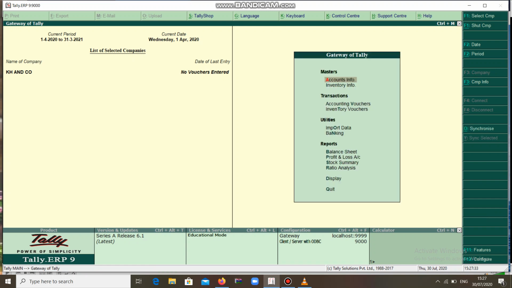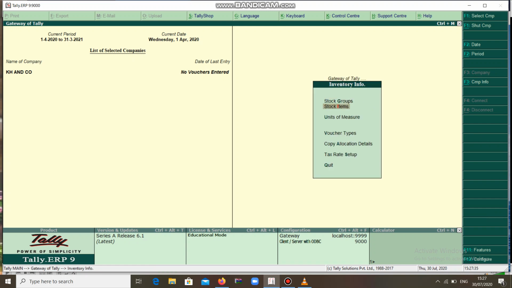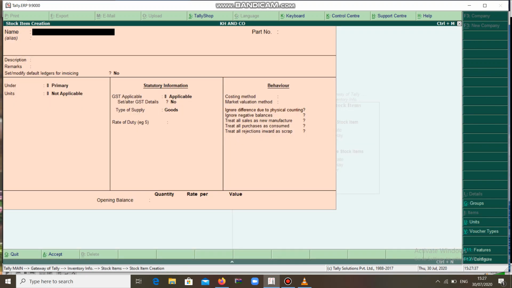In that we have to create the stock items. Inventory info, stock item, create. 5% means you can take it as frozen vegetable products, frozen veg products.